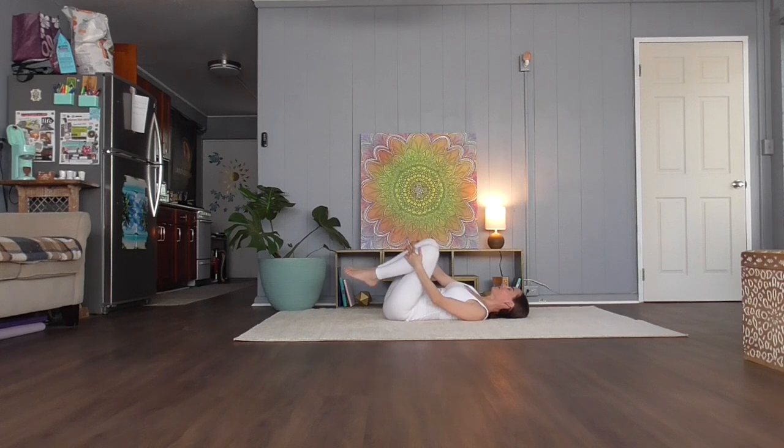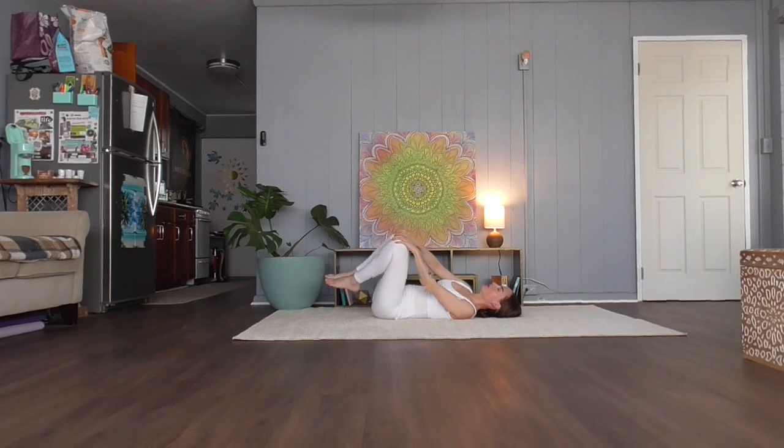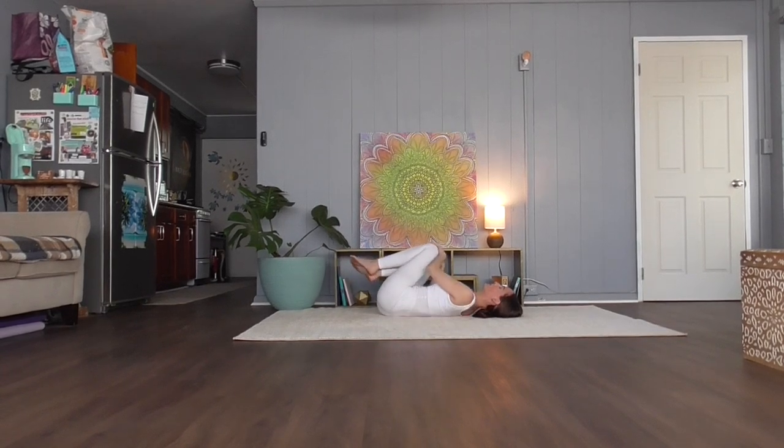I'm bringing my knees to my chest and my hands under my knees. My head is staying down because my arms are long enough and my hips and low back are open just enough that I can reach. This might call for you to keep your chin tucked and the tip of your tongue pressing into the back of the two front teeth to help strengthen the front neck muscles